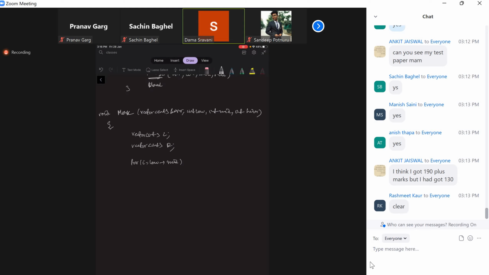So from i to low, I copy and push the elements into this vector, and I'll say push arr of i. Okay, then from i equal to mid plus 1 to high,